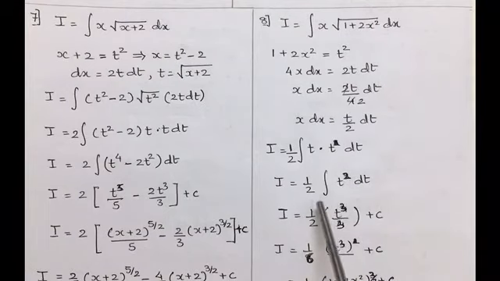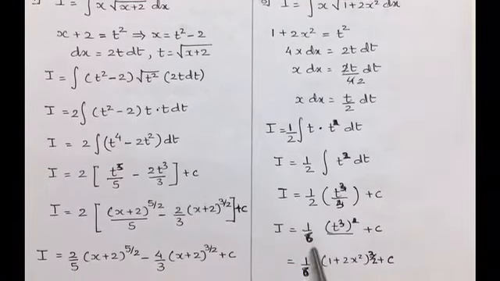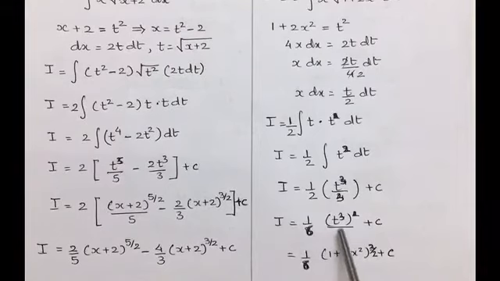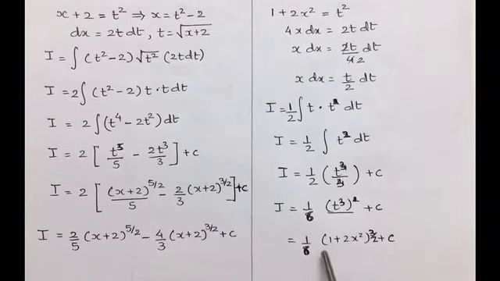So I is equal to half integration t square dt. Integration of t square is t raised to 3 by 3 plus c. So 1 upon 2 into 3 will give us 1 upon 6 t cube plus c, and putting the value of